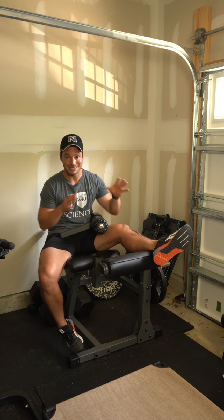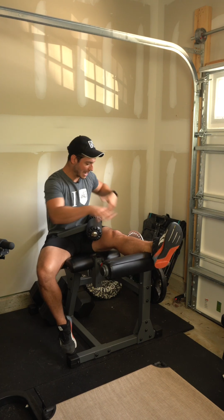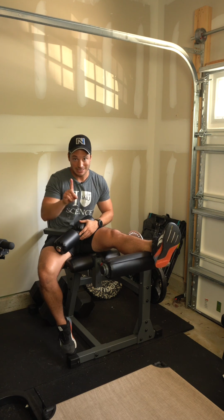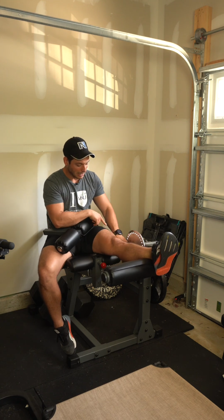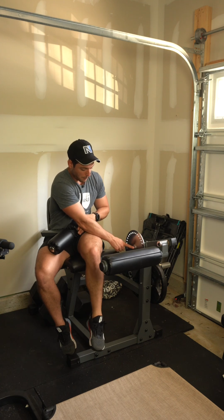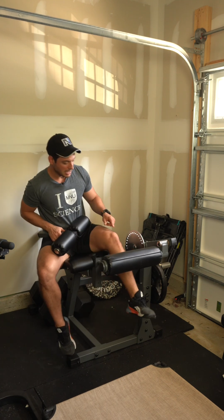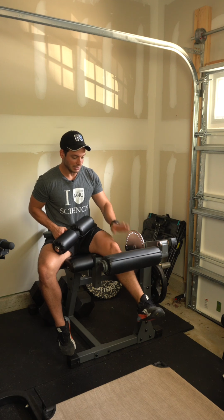So here's how you do a single leg ham curl with a lean forward. You're going to set up in your normal hamstring curl where your backrest is set up so that your knee joint lines up with the pivot point of the machine. Every machine will have a pivot point where this arm moves about. You want to make sure that your knee joint is lined up with that so that as you bend, it